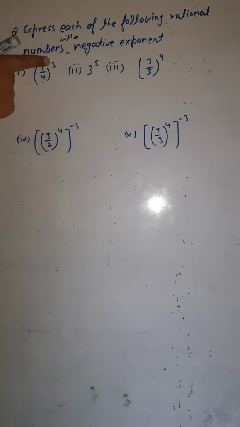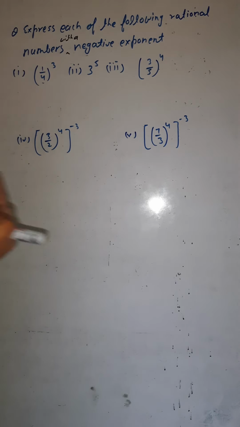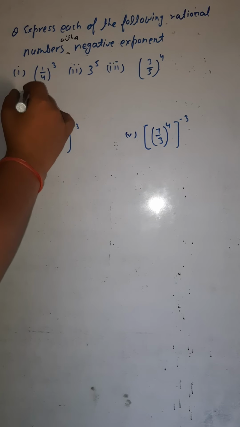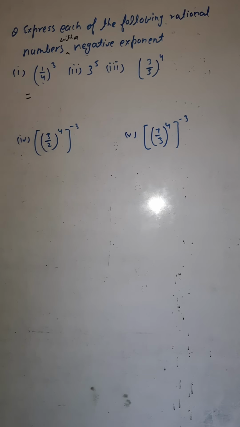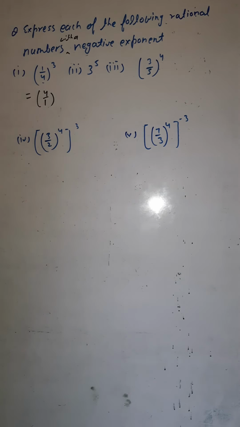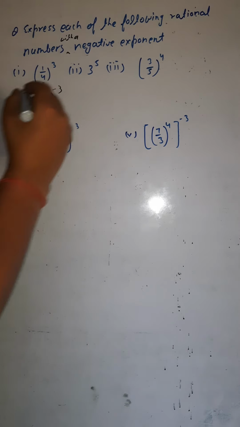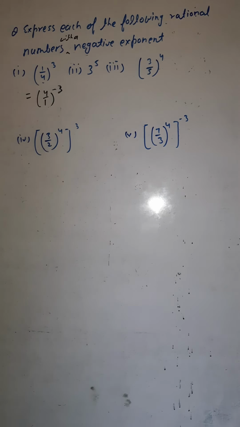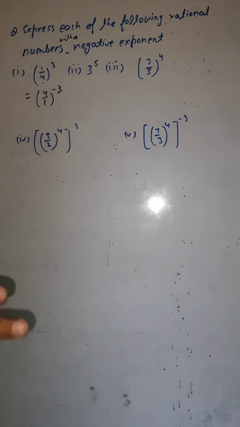So how would you convert this positive, means plus 3, as the minus 3? How do you change this? Yes, very simple. If I am reversing the inside fraction, if I am writing this 1 by 4 as 4 by 1, then this exponent would be changed into the negative one, that we have already discussed. If I am writing the reciprocal of the inside fraction, the power would change into the negative. And if it had been negative, then it would have become positive. Are you getting this? Vice versa.